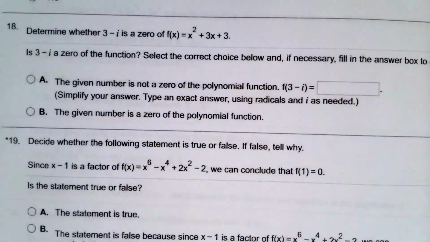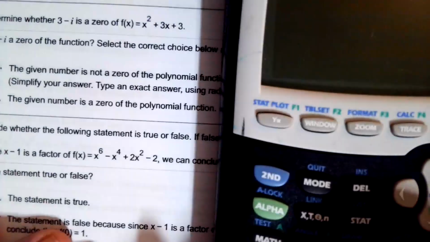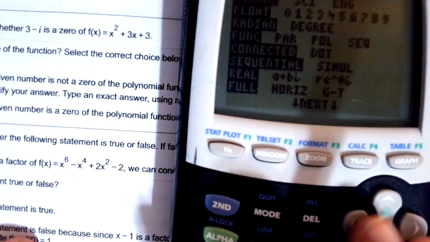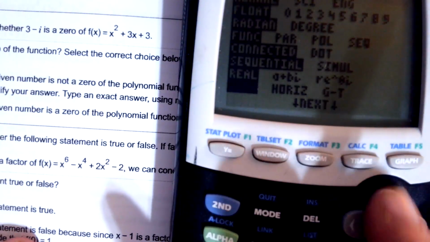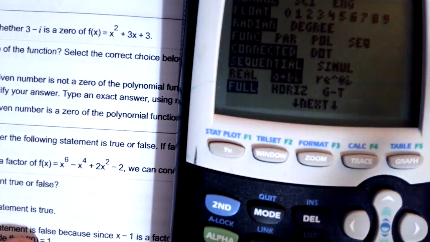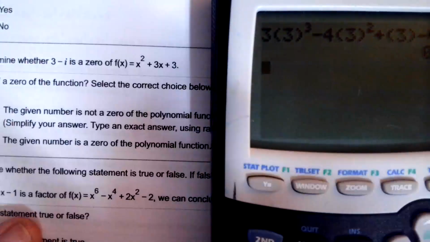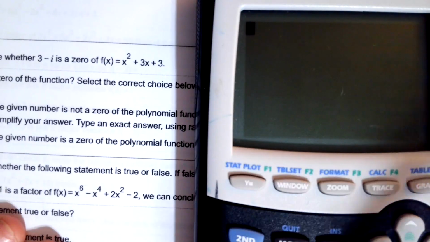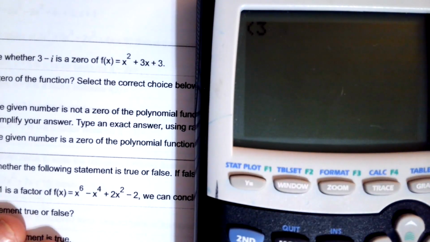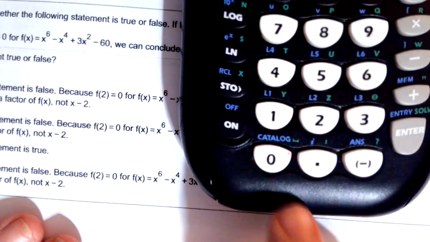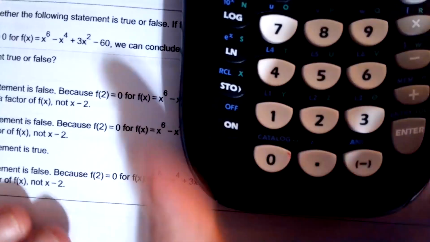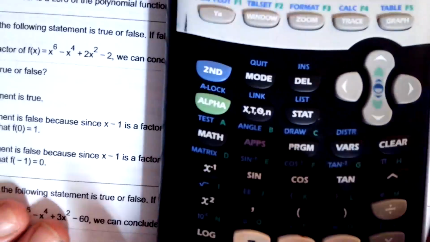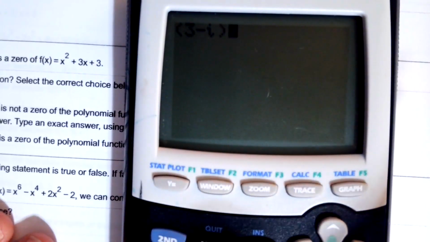Okay, for 3 minus i, we're going to turn this into mode. Let's choose a plus bi. Hit second quit, and we're going to plug this in place of x. So it's going to be open parenthesis 3 minus, the i is blue down here at the decimal right here, so you're going to have to hit second and that button, it'll put an i in there, and you want that squared,